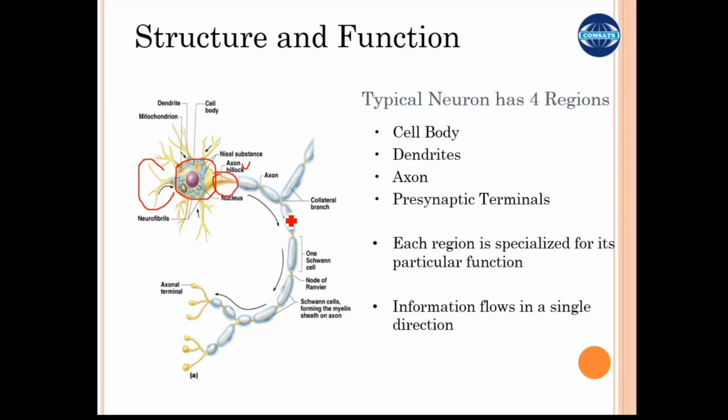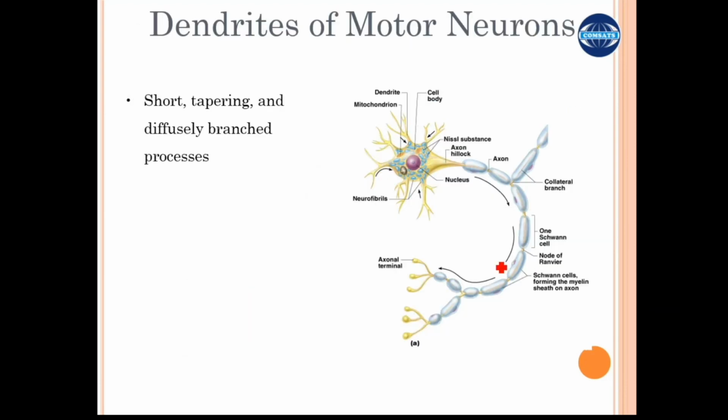Axons, on the other hand, are the cylinder processes of uniform diameter arising from the hillock, and they transmit the message from the cell body towards the end or towards the axon terminals. Many axons join together to make a nerve. Normally there is only a single unbranched axon present, but sometimes there are branches present, as in this diagram you see this is a branch of an axon, this is called a collateral branch, right, or axon collaterals.